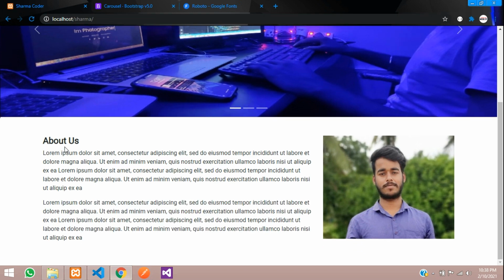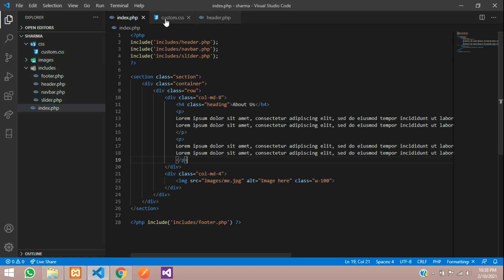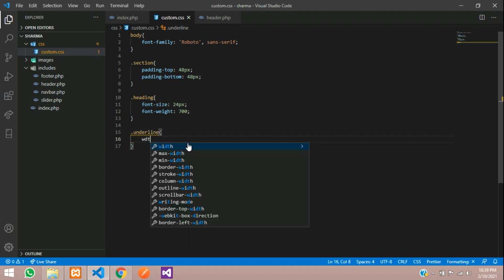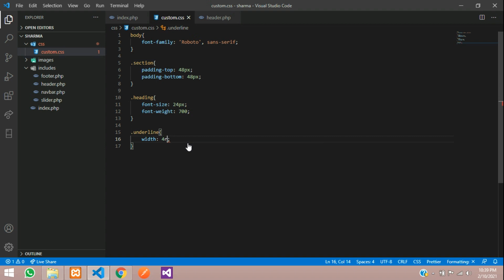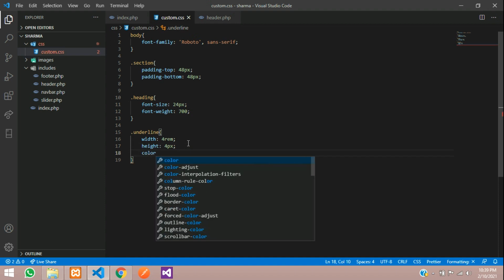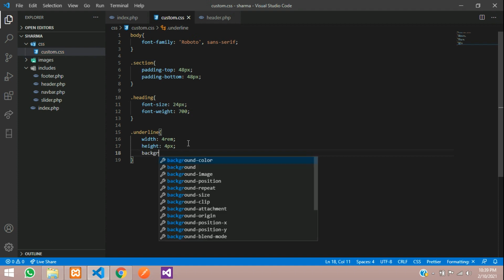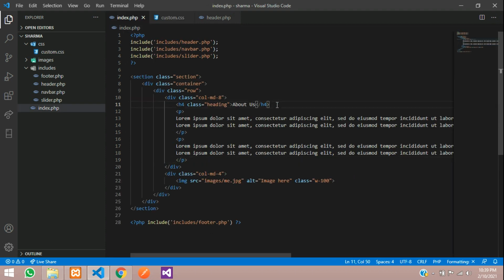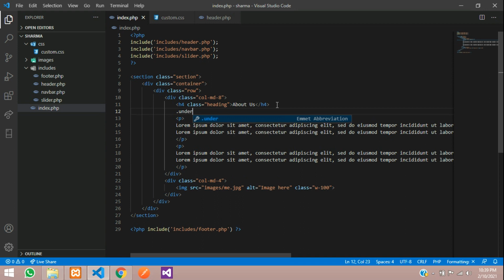And let us add one underline over here. So I'm going to create a class called Underline. So Underline, and here I'll set the width. Width will be 4 rem, and height I'm setting 4 pixel, and the color would be red. Okay, so sorry, background color, let's take red. Now we'll just include it over here, about us, and give underline,